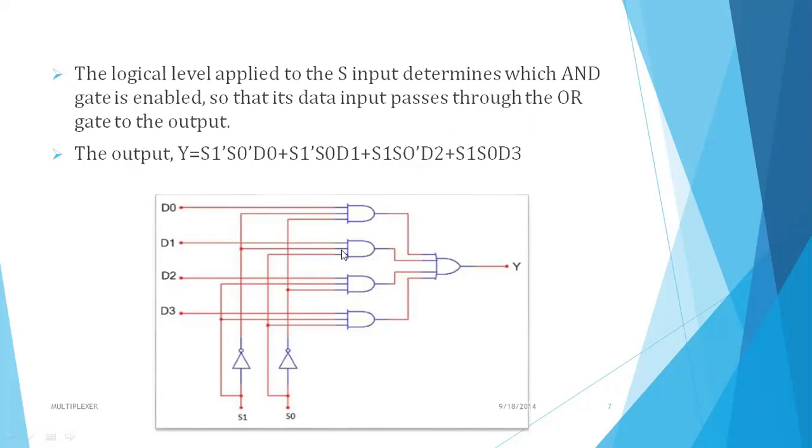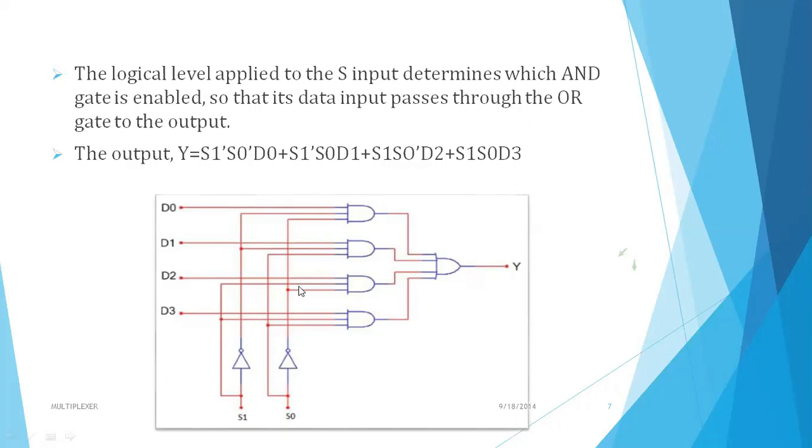Here also the value is 0. And see here, for S naught the connection will be 1 and for S1 the connection will be 0. So 1 into 0 is automatically 0. And here S naught value 0 and S1 value also 0, so 0 into 0, anything is 0. So the value becomes 0. At the output only D naught plus 0 plus 0 plus 0. So what is the output here? D naught.